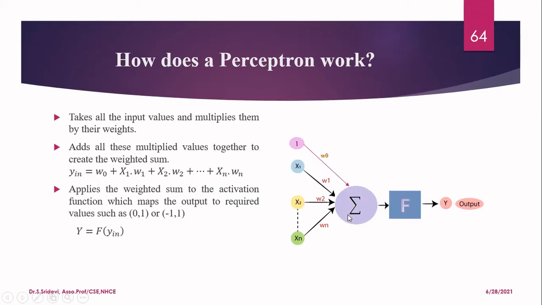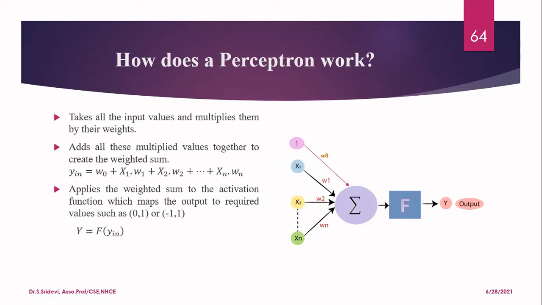Now, we have a summation function. This summation function is a part of the neuron. It will receive all the input values with associated weights. It will sum everything together, including the bias value. And finally, you will get the output value from this summation function. So here it is Yn, that is W0 plus W1 X1 plus W2 X2 plus etc. up to Wn Xn. And once the summation is over, we are going to apply this to the activation function. We have seen different activation functions, ReLU, sigmoid, and so on. You can even consider a simple linear activation function also. It is up to you.